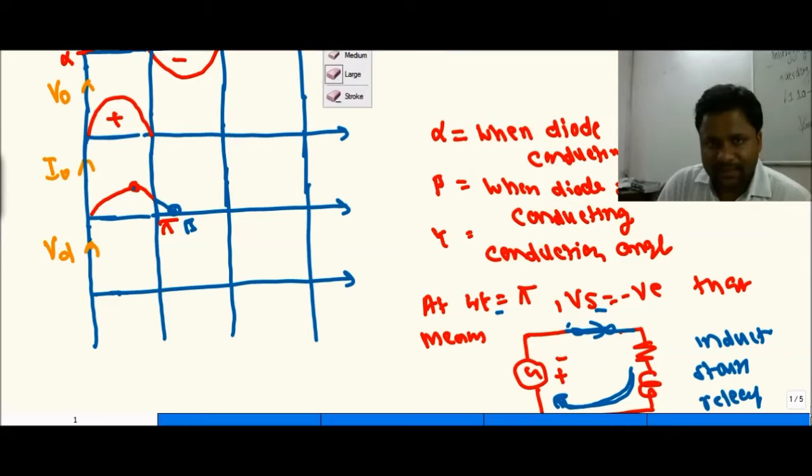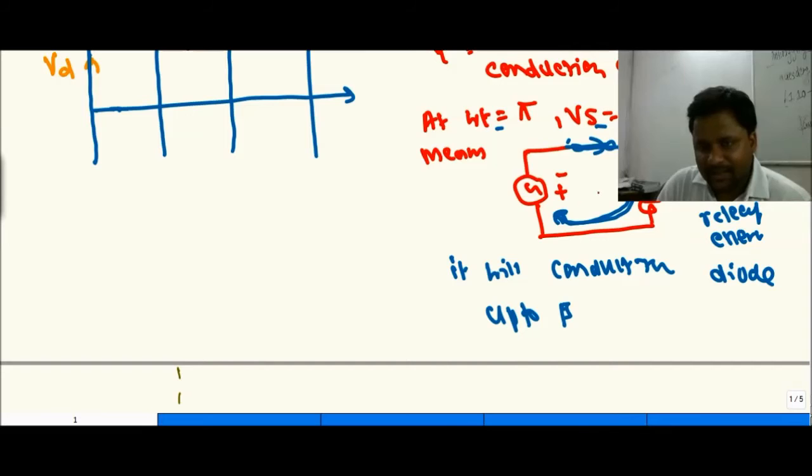So we can say that this is basically the angle pi. To make it more clear, this is pi, and this is beta. And the output voltage is basically equal to the source voltage. If we put plus minus V naught here, so this is minus Vs, so plus Vs plus V naught equals 0, V naught equals minus Vs.